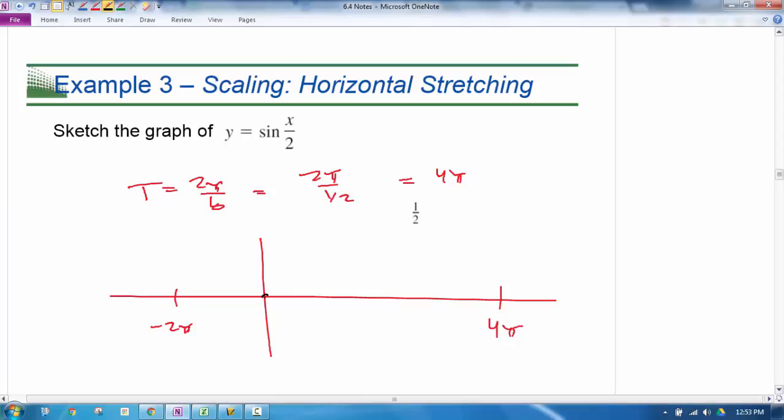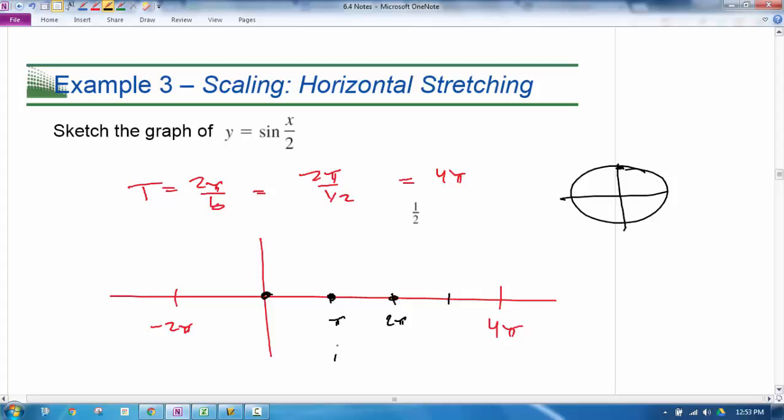So now I'm just going to start graphing points again. When you plug in 0, you still get 0, so the sine of 0 is 0. I'll do now pi, 2 pi, 3 pi, and 4 pi. So at pi, it ends up being pi over 2. So on your unit circle, the sine of that value is 0. And then at 2 pi, that's going to be 2 pi divided by 2, which gives you pi. The sine of pi is